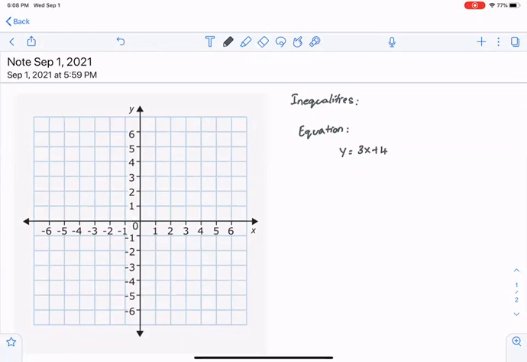So, y equals 3x plus 4 is an equation. Specifically speaking, it is a linear equation, because it is of the form y equals mx plus b, which is the slope-intercept form of a line. Now, we all know, if I pick a value of y, I end up getting